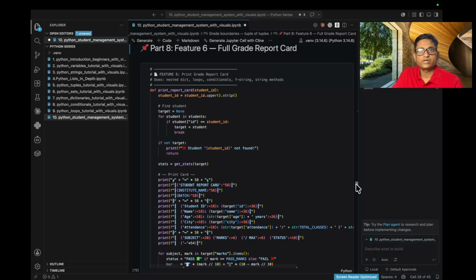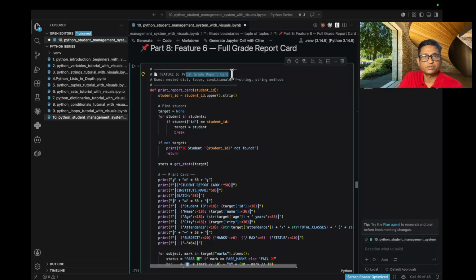Now this is the overall implementation of all the features that we have implemented earlier. Like in this feature we are going to implement the full grade report card. Here print the grade report card using the nested dictionary, loops, conditionals, f-string, and string methods. Print report card, it will take the student ID, convert it into uppercase and remove the space, find the student, define